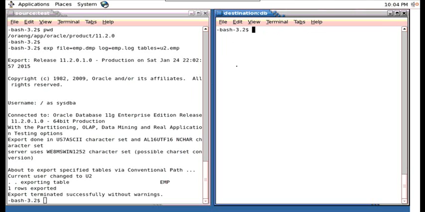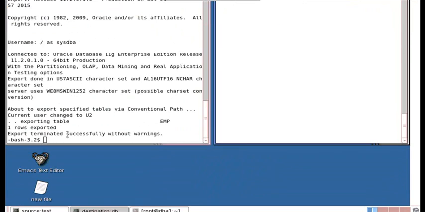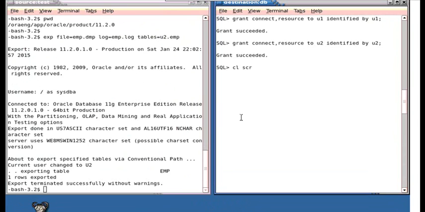I will clear the screen. imp file equals emp.dmp, log equals emp1.log, full equals y. What is the meaning of this one? Okay, if you see the meaning,